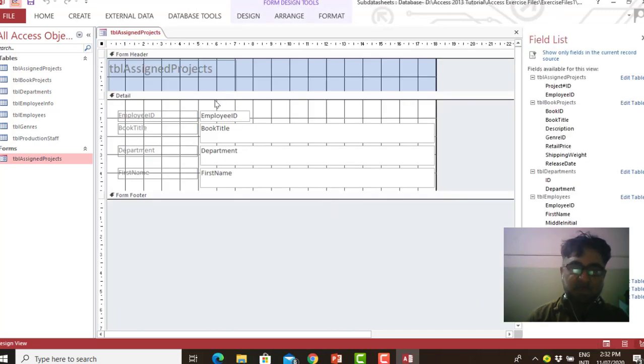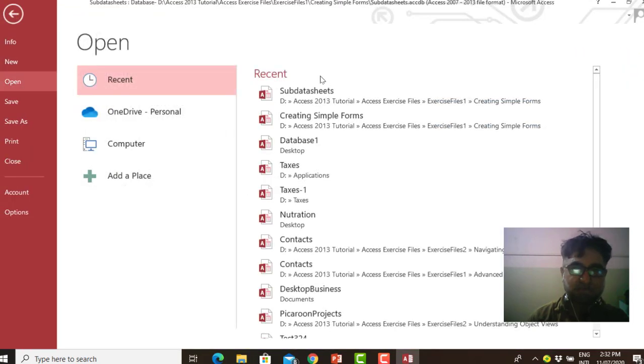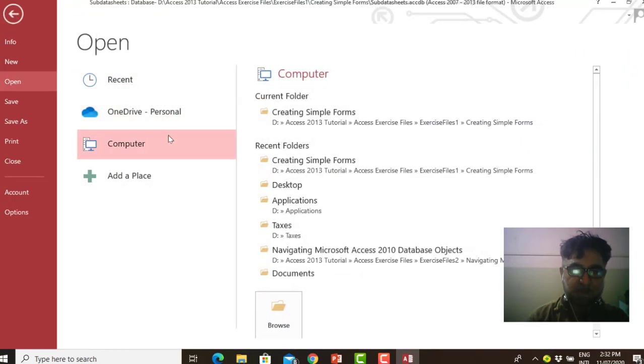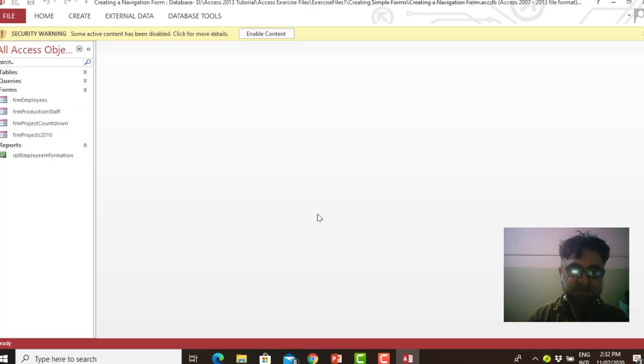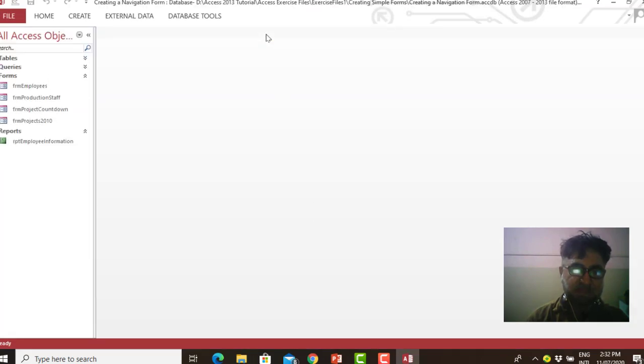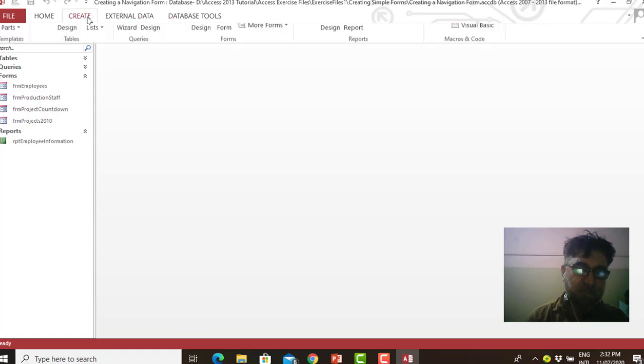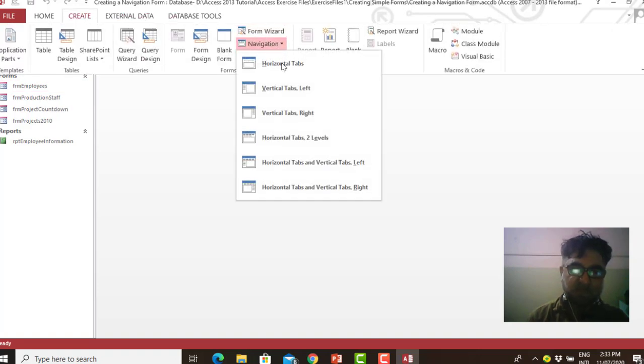For this purpose we are going to open a new database and we'll be opening a navigational form. Look at this. Enable content, and here go to create, go to navigation. Look at this.